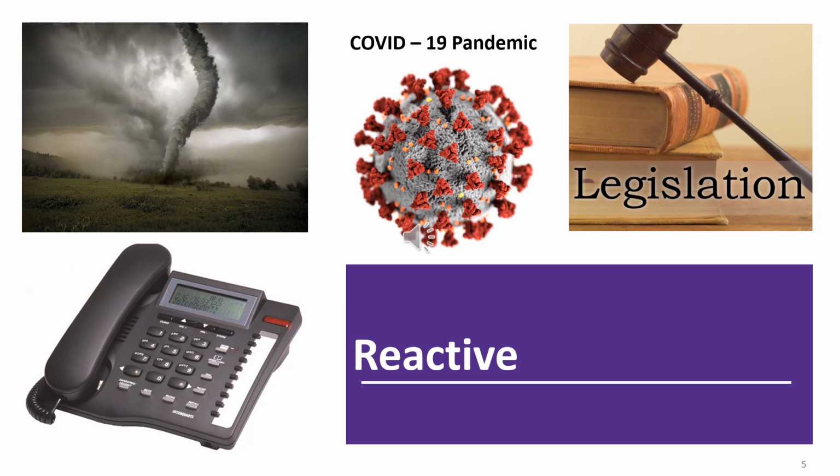Legislation. A good example of this is the Farm Bill. The program can't be determined until we know what's contained in the bill, which makes it a reactive programming. Telephone. Often repeated questions from residents might signal the need for an educational program, maybe about a particular garden or crop issue, or how to preserve an abundance of tomatoes. And health emergencies. The COVID-19 pandemic resulted in agents developing new programs to help individuals, families, and communities cope with the stay-at-home orders, remote work, and other healthcare concerns.